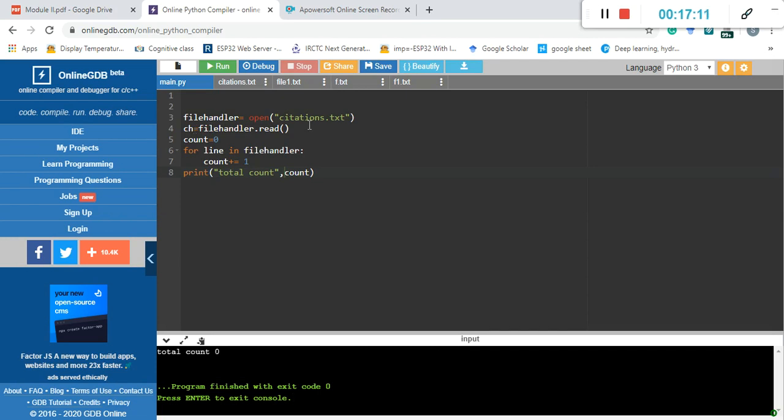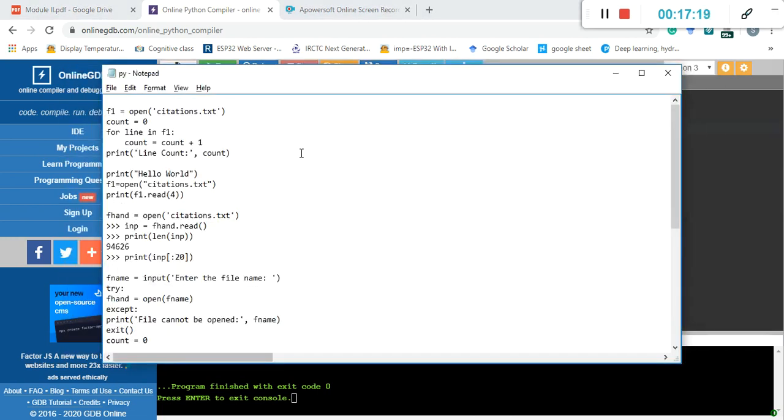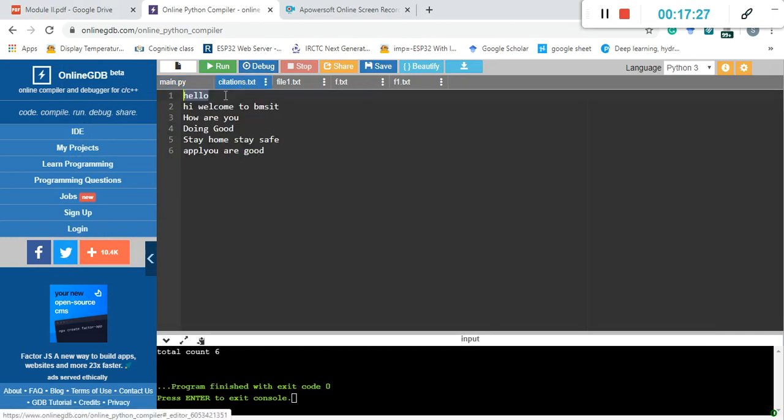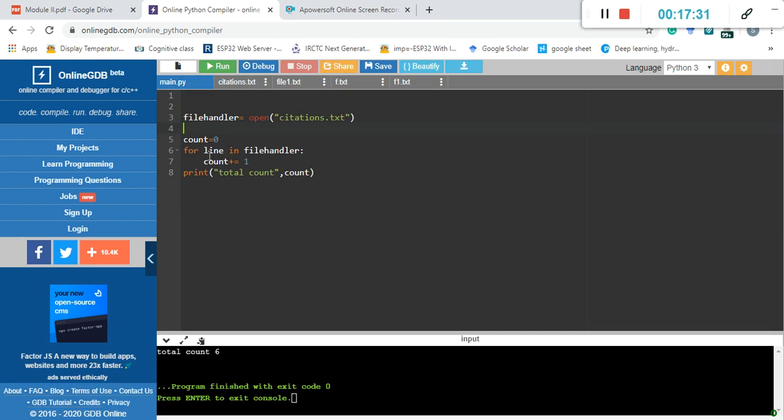You need not read the complete data into ch; just use for line in file handler. We will run it again. Now can you see 1 2 3 4 5 6: for each and every line in the file handler, whenever it reads line by line, it counts it by 1.